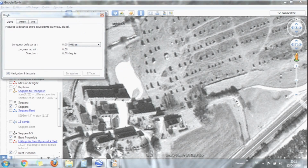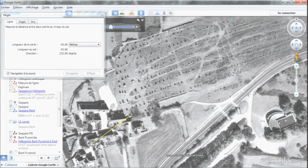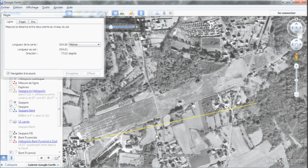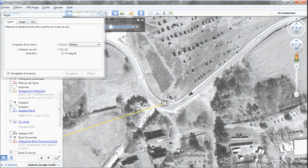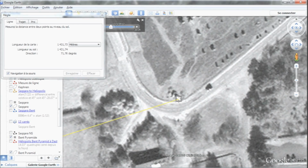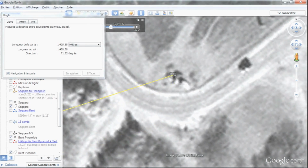okay, and I put right on the top of this first stone of the first line, so this is the cornerstone here, I put a point, and then we'll zoom out along these alignments and go right up to the dolmen here, the chamber of the dolmen. Now, this dolmen, the corridor is this way, and the chamber is here. Okay, so if I put this, I'll zoom in a bit more so we can see it. So if I put this in the middle of the chamber,